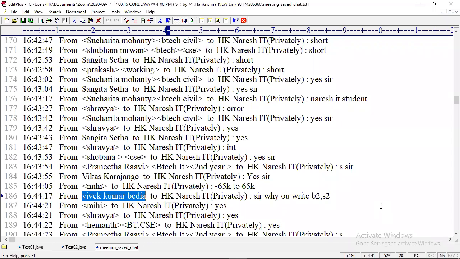Can you respond? If you are there, say yes. If you are not there, say no. Yes, sir? Okay, wonderful. Tell me, why have I taken B2, S2? What is B2? What is S2?